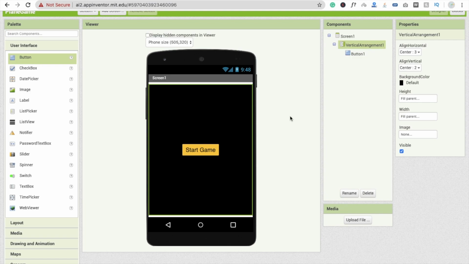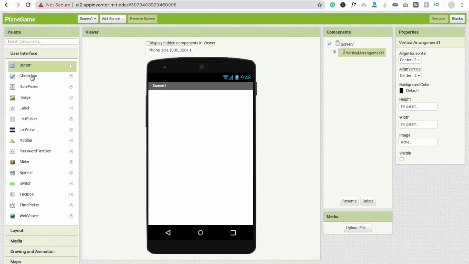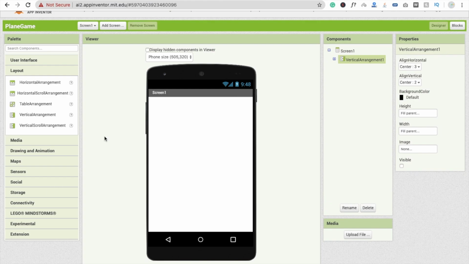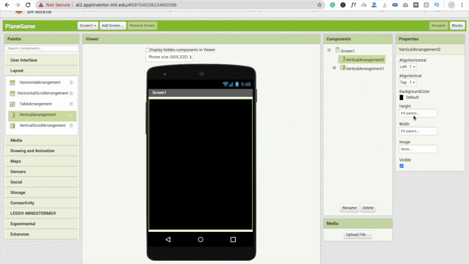Now for the second screen, minimize this and make it visible off. Okay. And I'm going to drag and drop again a vertical arrangement, you will see that one, and make this also fill parent, and width fill parent, and change the background color to something black.